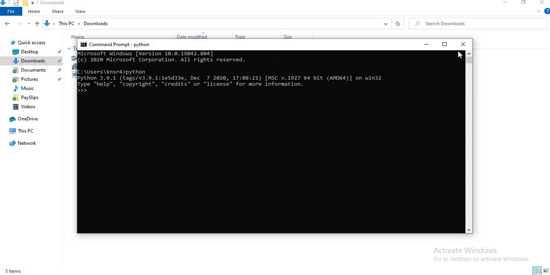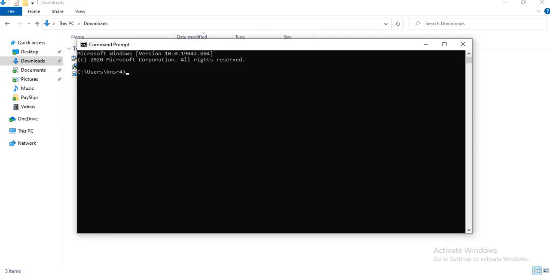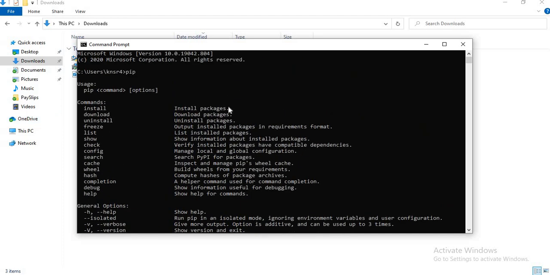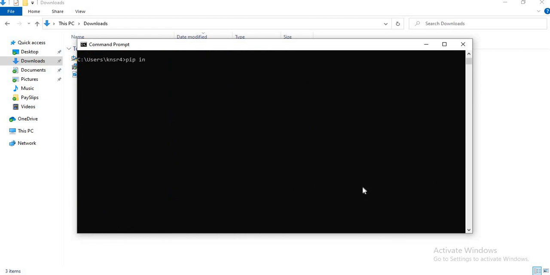I am opening a fresh command prompt. Here I will type pip. Pip will give various commands like install for installing a package, download for downloading a package, uninstall for uninstalling a package, and many more.